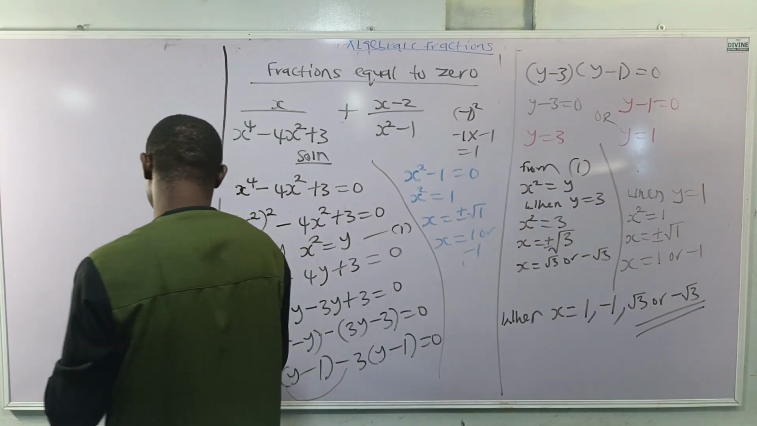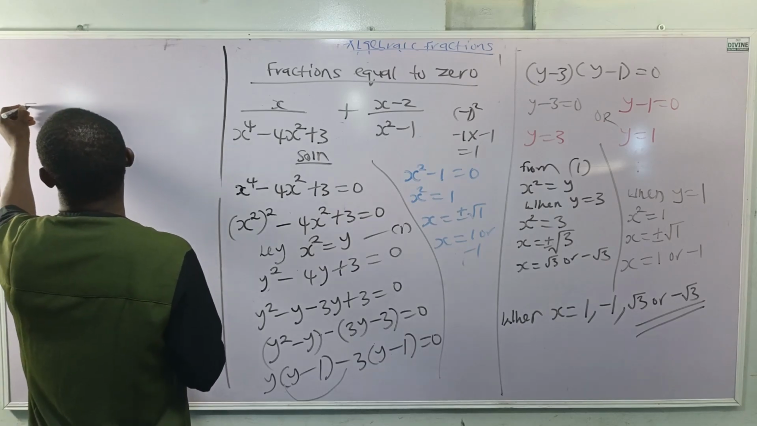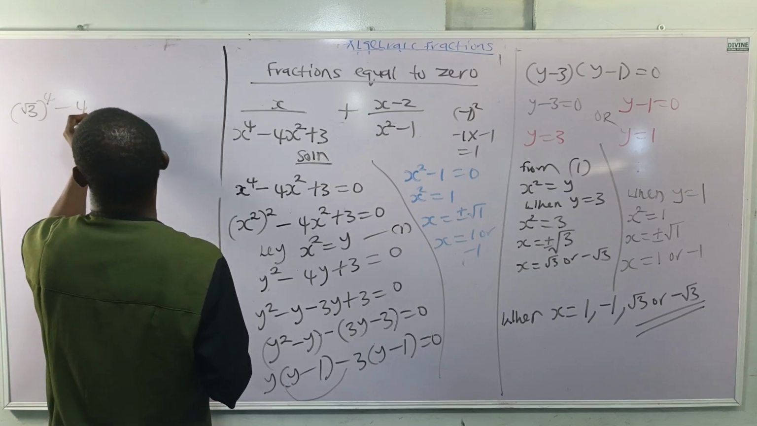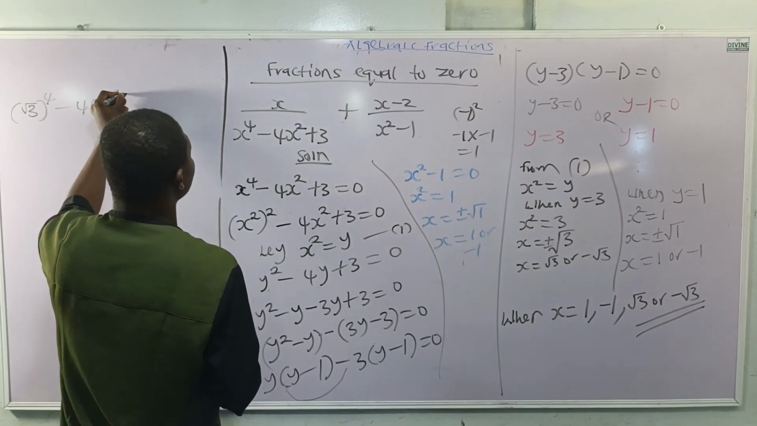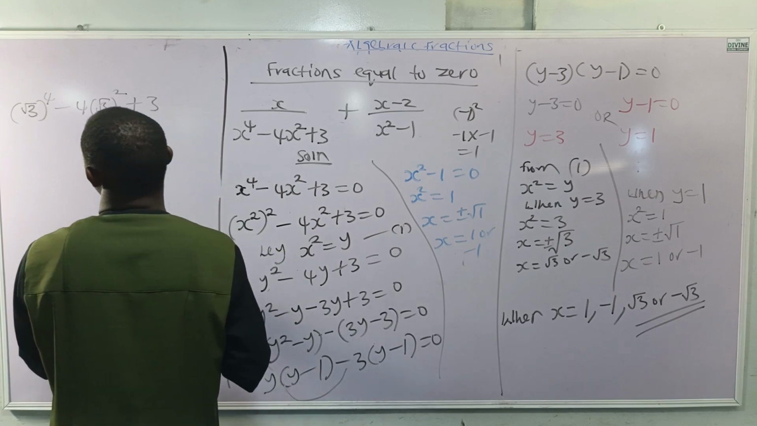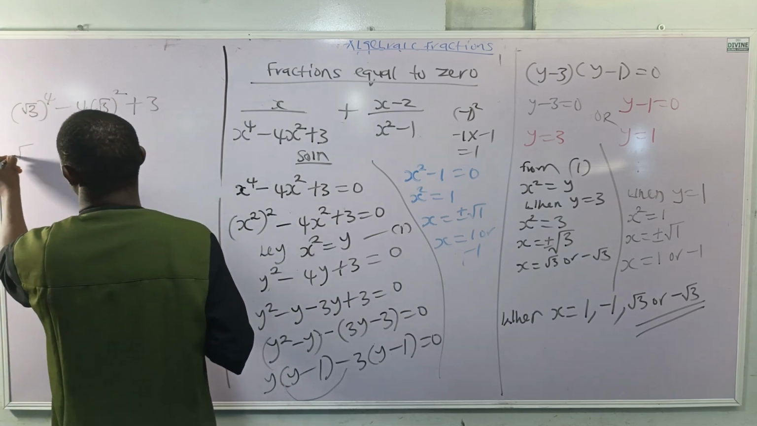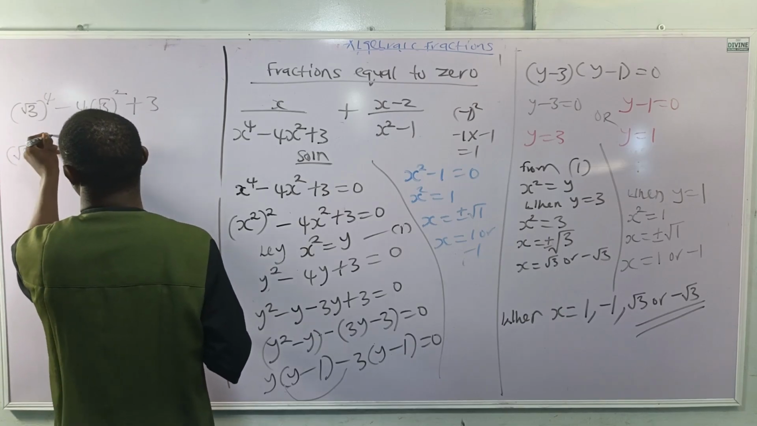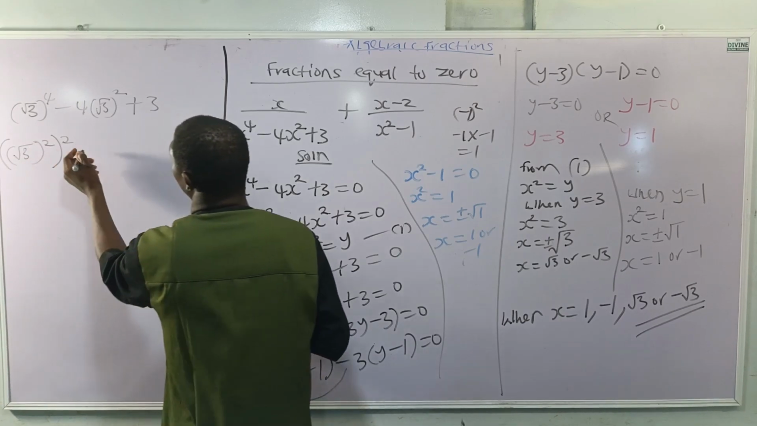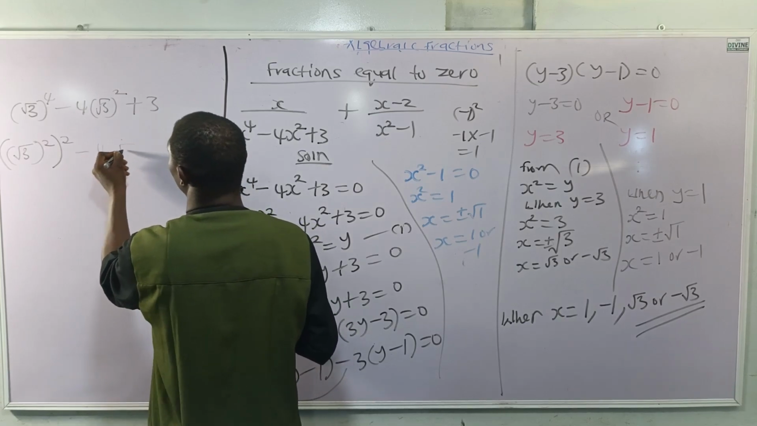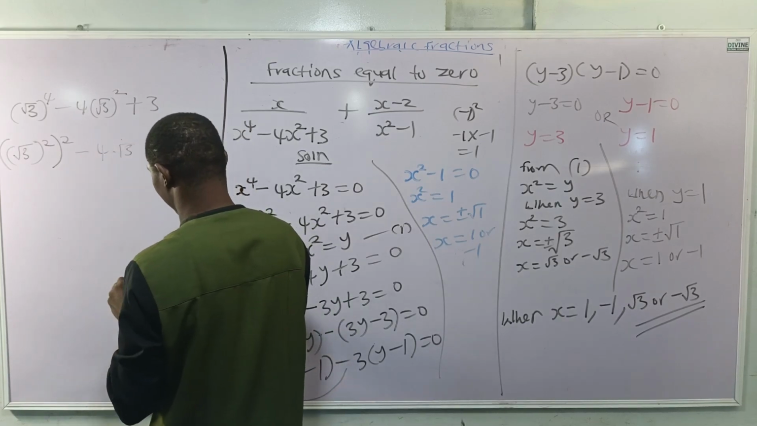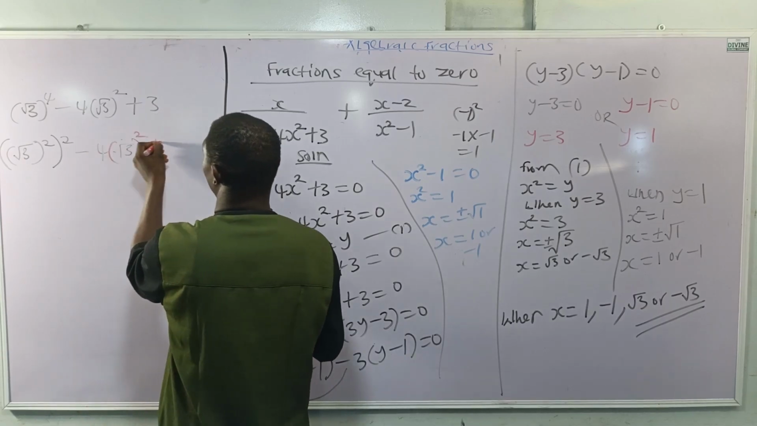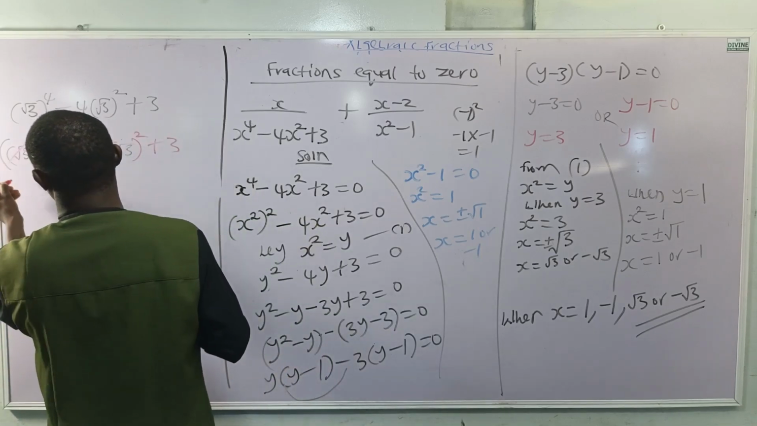Let's see. When x is root 3, I have root 3 raised to power 4 minus 4 root 3 squared plus 3. I can have this as root 3 in brackets, let the first square be here and the other square be here, minus 4 root 3 in brackets squared plus 3. Square can cancel square root, and I have 3